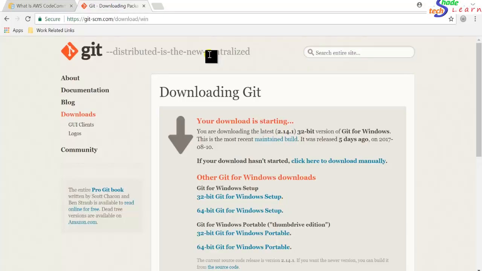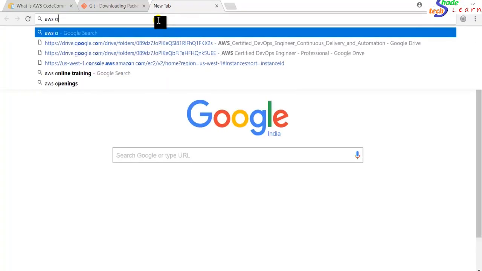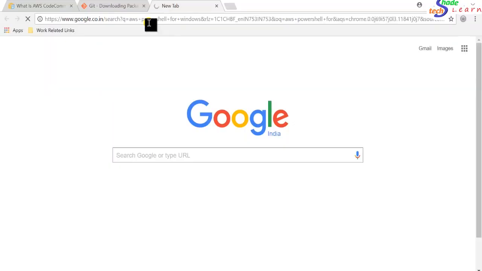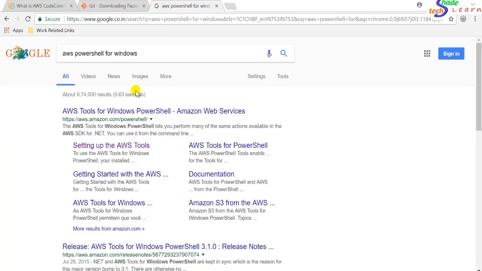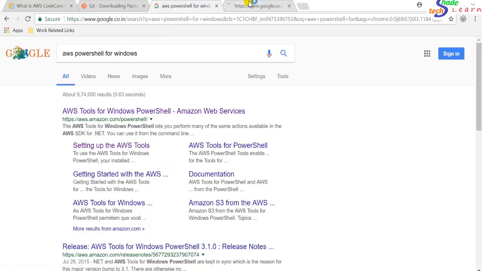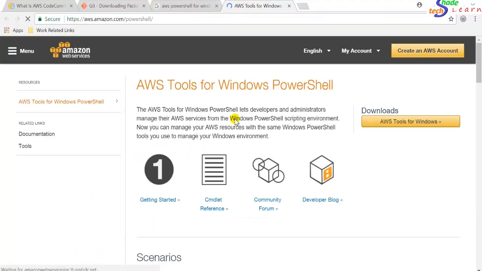So now the next thing is we need AWS PowerShell. So we will install AWS PowerShell, but in this case I already have AWS PowerShell installed on my system. However, I'll just tell you how to install that. You just go to this link,